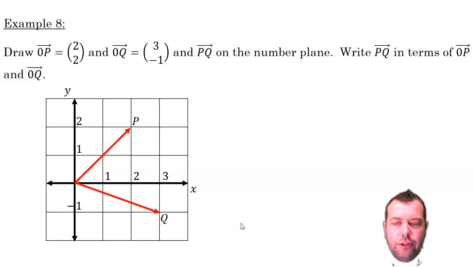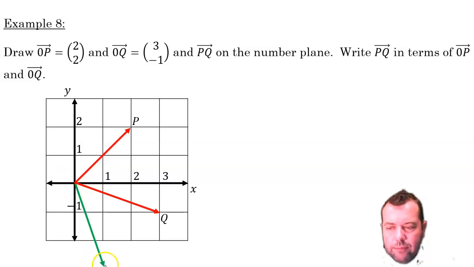Now, PQ, I can draw it up from P to Q. You can rearrange these things, but I want to write PQ in terms of OP and OQ. Well, consider this. Let's move that vector PQ back to the origin. Now, using P and Q, how do I get from the origin down to this point here? Well, what I do is I start off doing Q and then I do negative P,